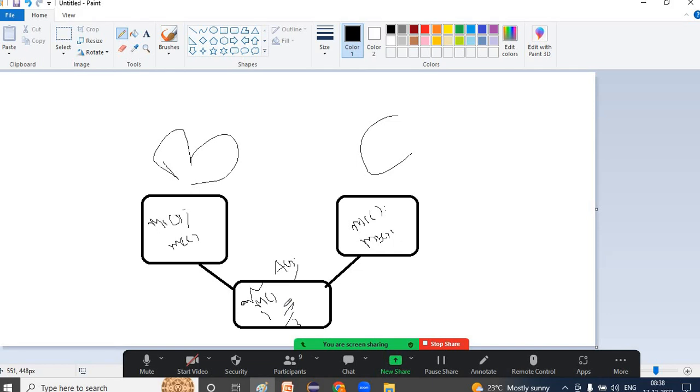I created one interface, and that interface is implemented by the child classes. After some time, I want to enforce some other rule or some other functionality. If I add that at the interface level, all my project will fail until you implement that one. So to avoid that problem, see for example,